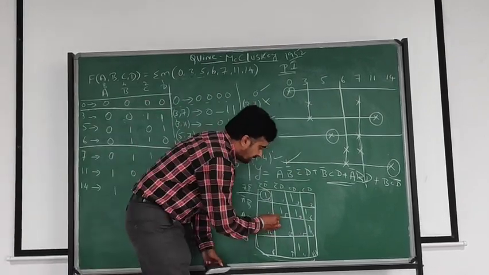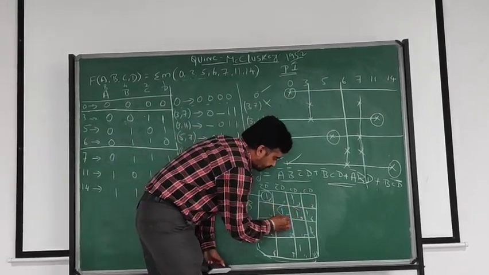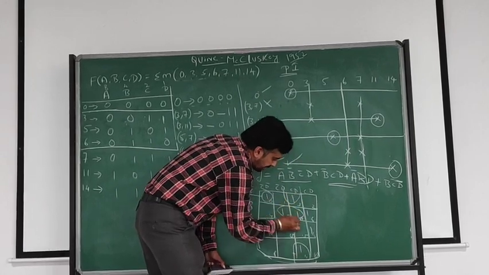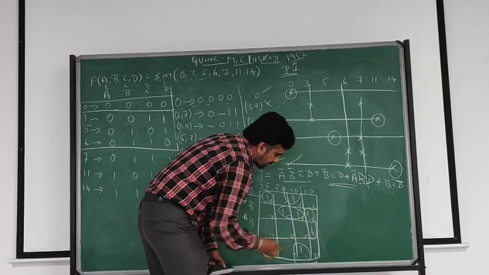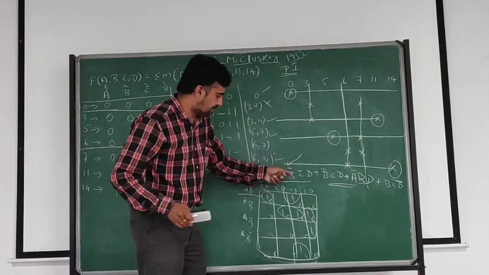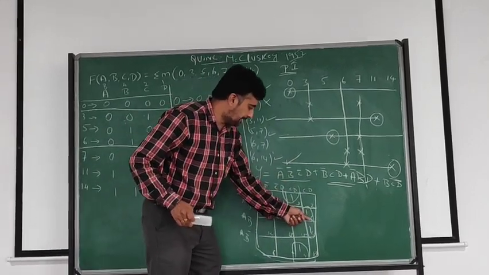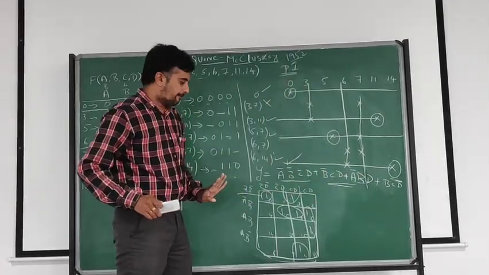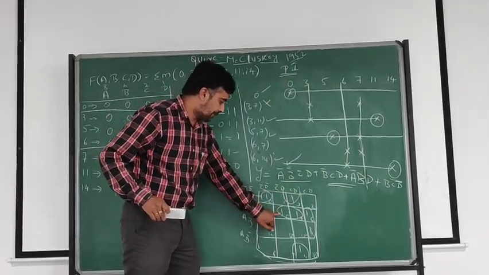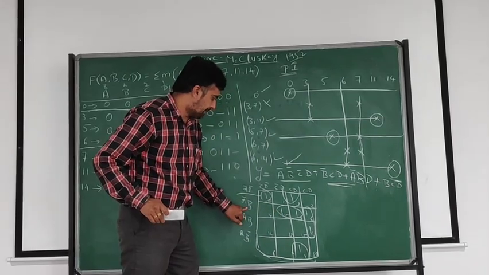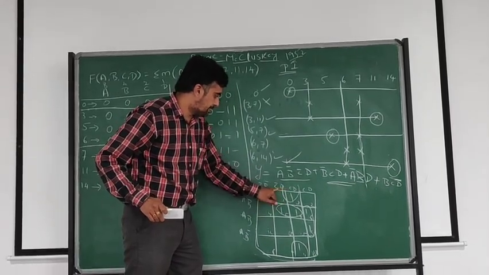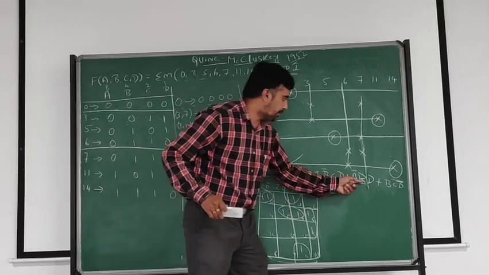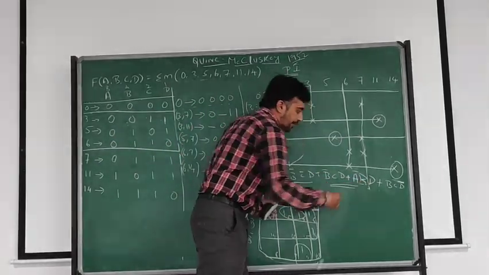Now map these two, and these two, and these two. So 4 expressions. Already we got 1, 2, 3, 4, totally. We get the values. But now I will check this one. Here A bar B, here C bar D, C D. So C bar and C cancel. Only D is remaining. So A bar B D. See here, A bar B D. This is also one value.